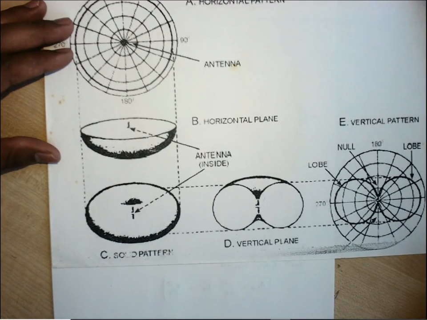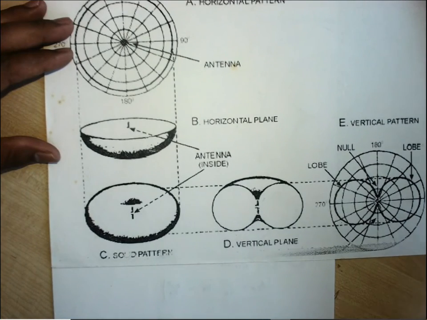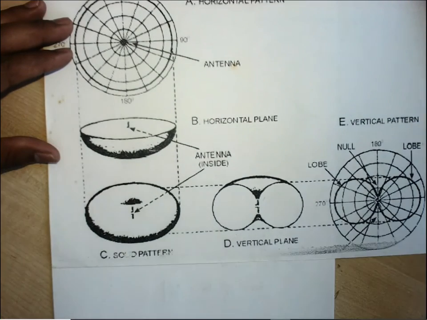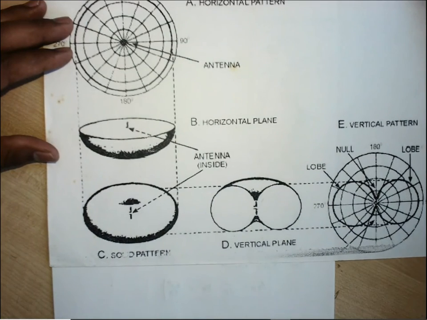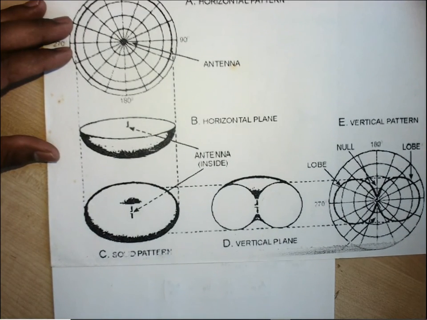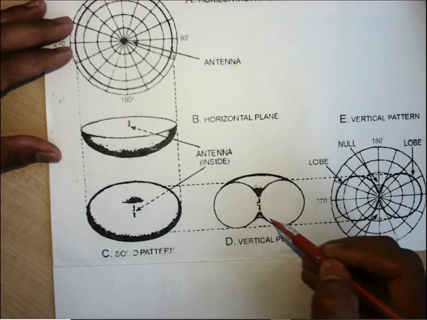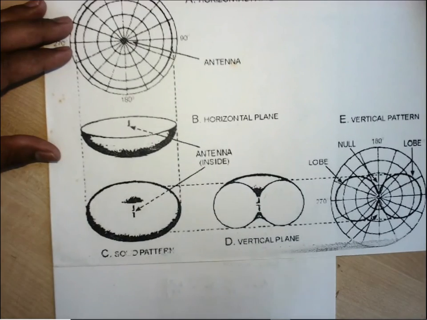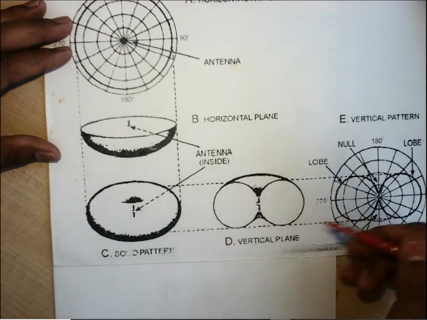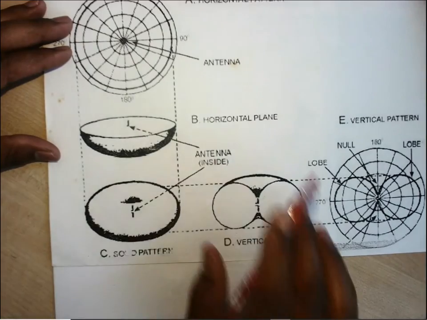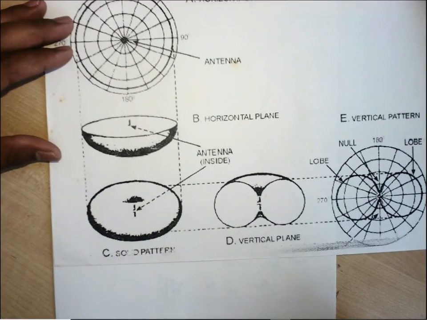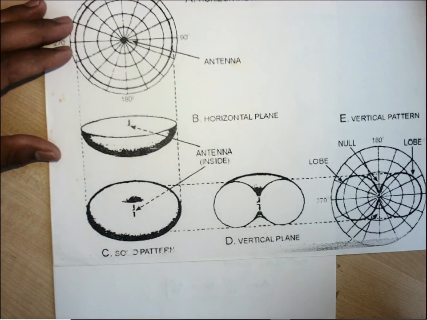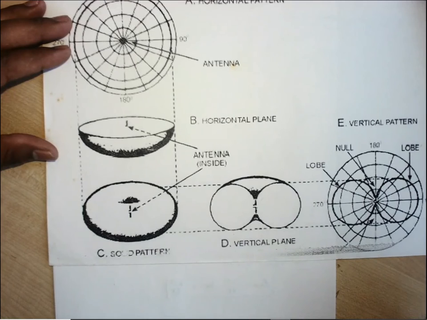If we look into the isotropic pattern, what does it mean? Isotropic means a sphere. It has an equal amount of radiation in every direction, whatever the value of theta or phi you are considering. But for this case, we have the omnidirectional pattern. What does it mean? We have an isotropic-like shape in the azimuthal plane if we rotate phi. But if we come along the elevation plane with the variation of theta, it is not at all a sphere. Clear? Any doubt?